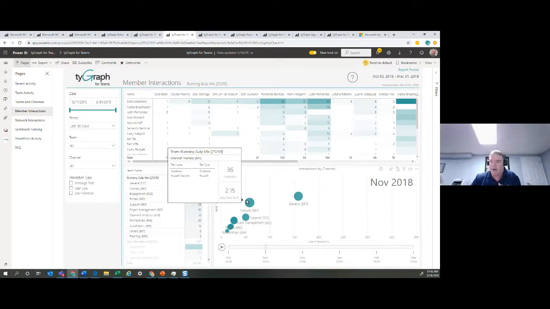The other thing we point out here are things like the tabs within a particular team, and what's behind those tabs. In this case, we have a notebook, which is OneNote, and Power BI reports, but it could also be something like Excel, etc. So very quickly you can understand the dynamics of the team, both in terms of volume, how people are working together, and finally what those teams represent.